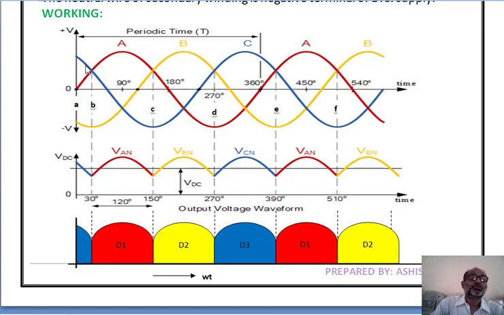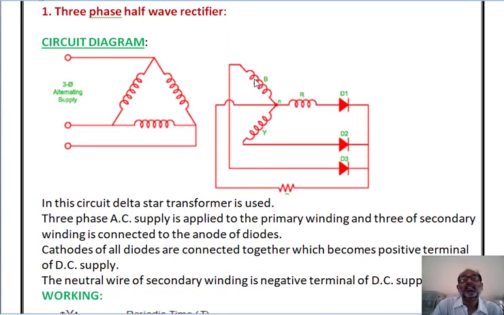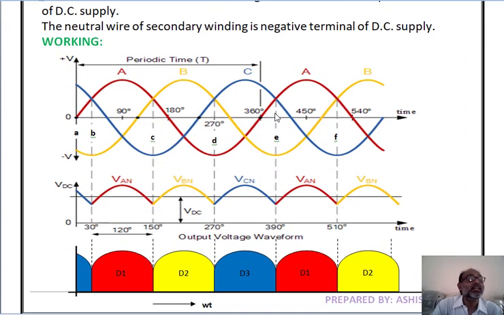So due to this, diode D3 conducts, and the current flows from B to D3, then load resistance RL, and then the neutral point of the star connected